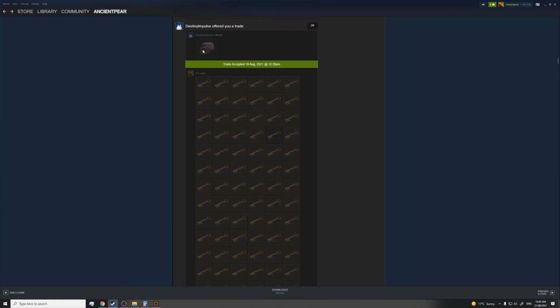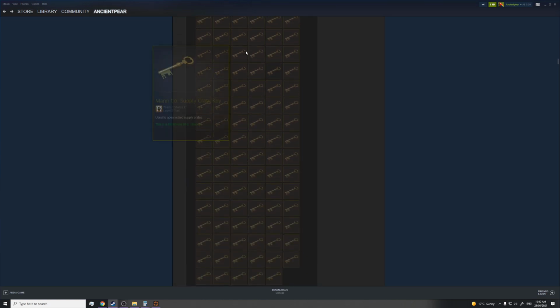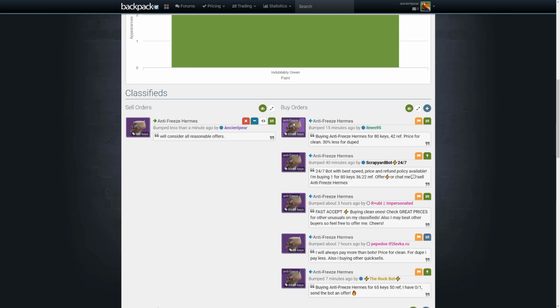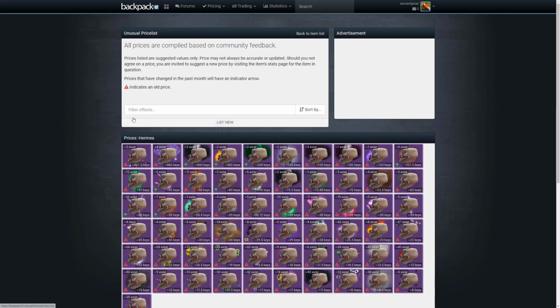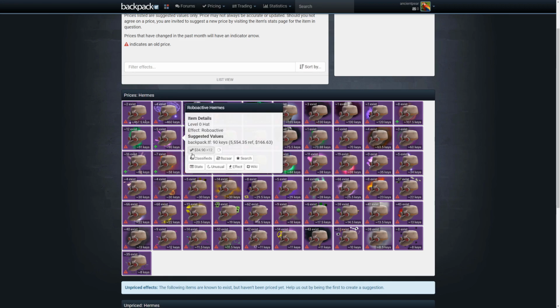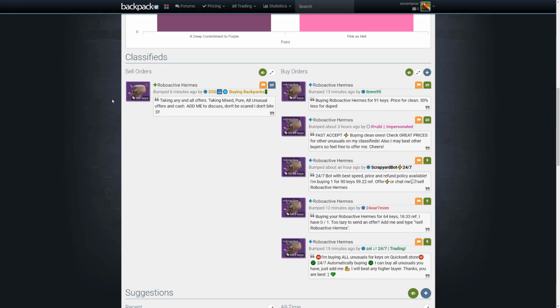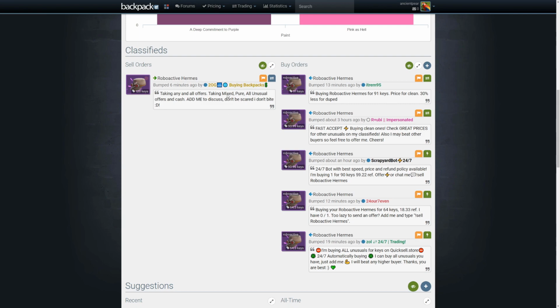So this guy was cashing out and he was selling his antifreeze homies, and I paid 95 keys for it. So 95 for an antifreeze scar hat, that doesn't look too bad, it's not a bad price. The bots aren't the best, but if you look at a similar effect which is Roboactive, it was recently priced at 90, I think that's a bit low though, it's off a quick sell, and the bots are at 91, so